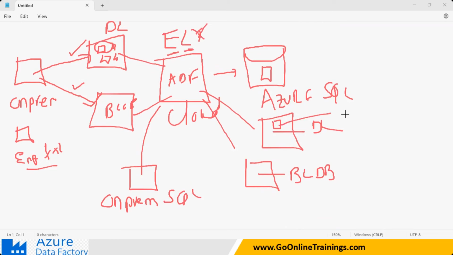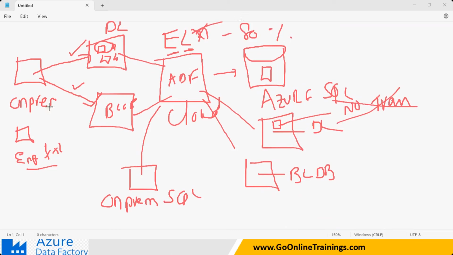You are not applying any transformations on this data. Clear? ADF is nothing but 80% of the time it is going to be your ELT. ELT means extract the data, load the data. Why are we extracting and loading? Why not transformation?